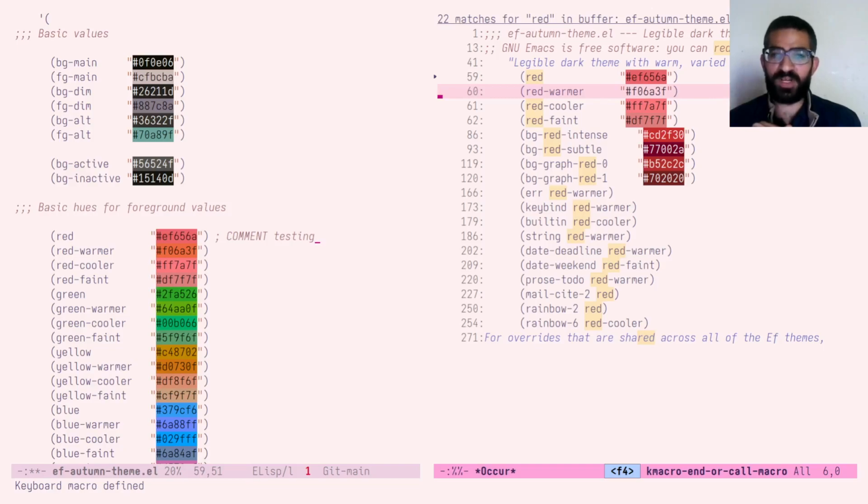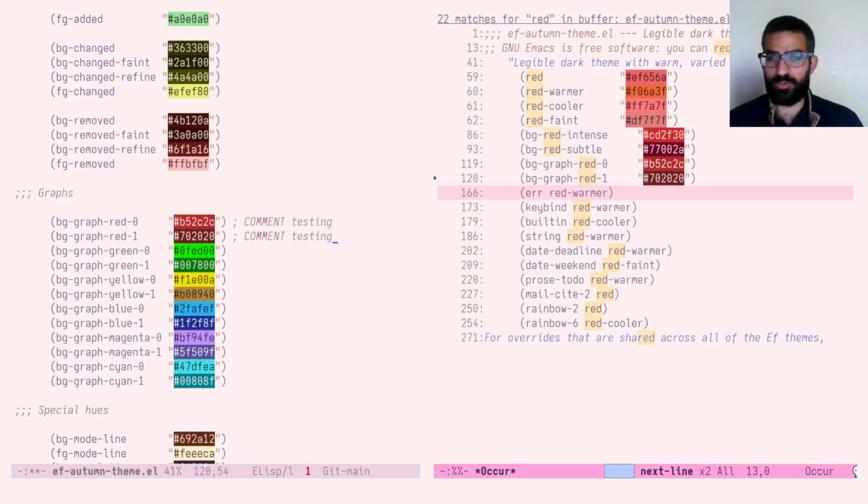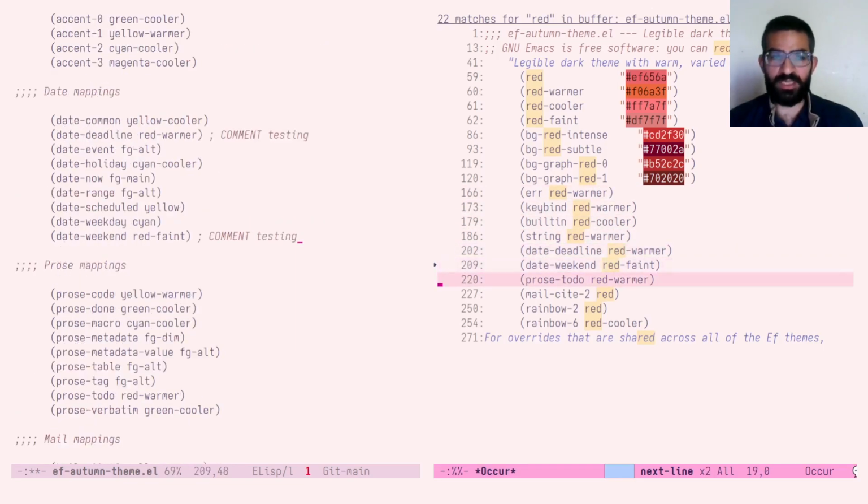And now I will play back the keyboard macro a few times and you see what it is doing over there. It did exactly what I wanted it to do. And of course I can move down a few lines and then repeat the keyboard macro over there, and just